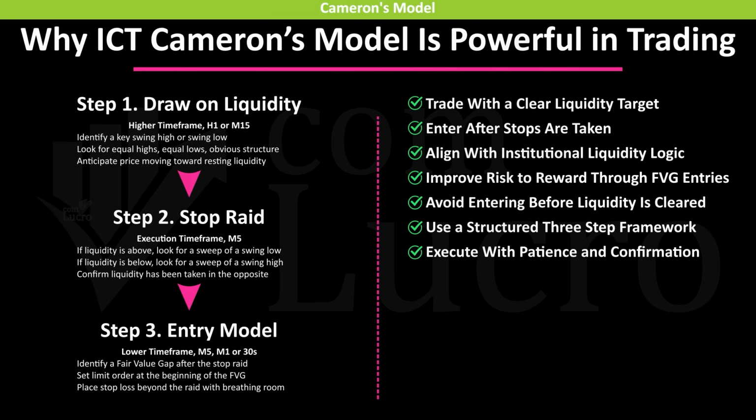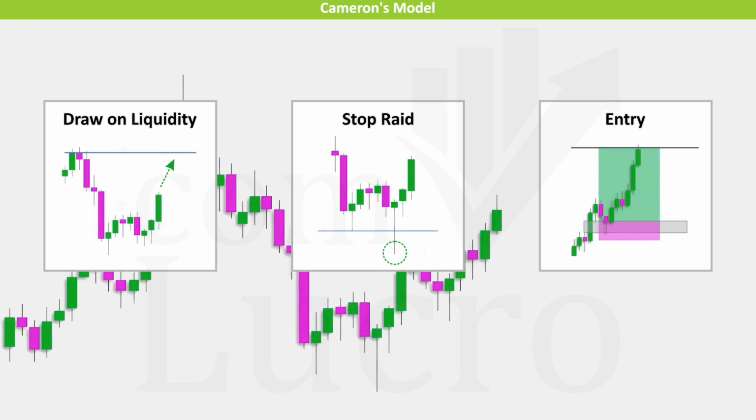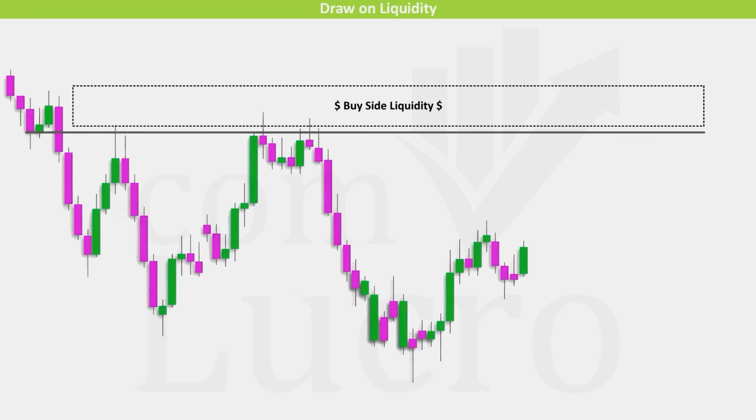This visual breakdown helps you understand that the edge does not come from prediction, but from alignment with liquidity and timing. At its foundation, this model is built around three core components: a draw on liquidity, a stop raid, and the entry. But what exactly is a draw on liquidity? It is the process of identifying a significant liquidity level that price is clearly moving toward. In practical terms, the market frequently gravitates toward areas where resting liquidity exists, such as equal highs, equal lows, or clearly defined swing highs and swing lows, because that is where clusters of pending orders are waiting to be executed